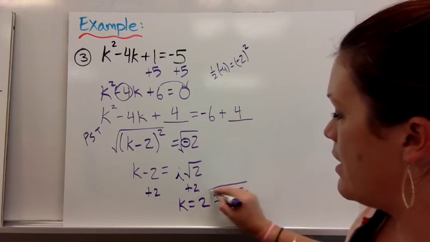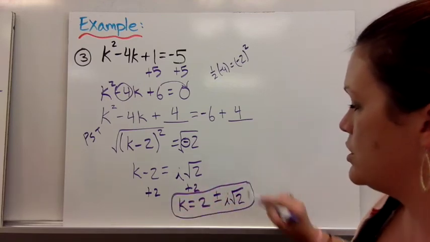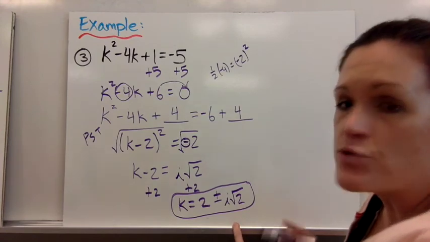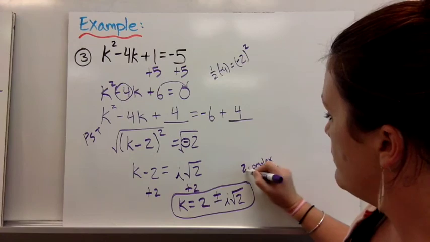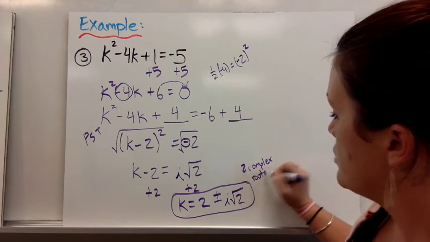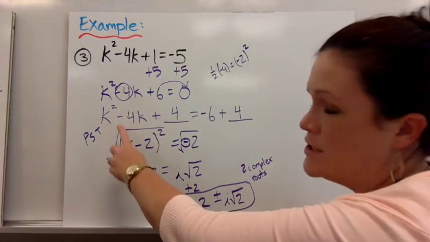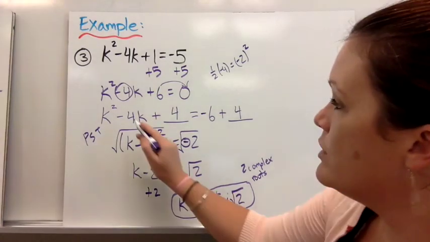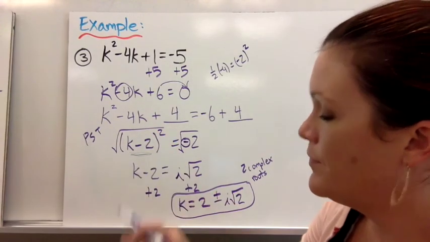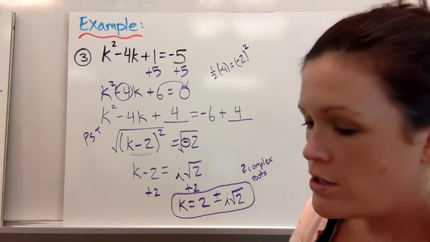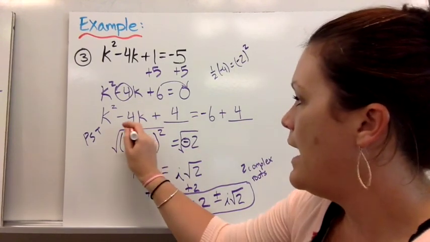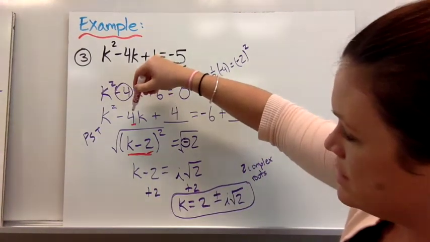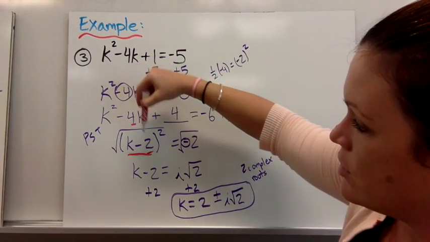So this is a complex solution. There are 2 complex roots is what we call this one. And there's one more thing I want to point out before we finish up. Notice on each example, if you go back, when you're rewriting this as a binomial, let me get another color. The trick to rewriting it quick and easy is you always put half of that number. So notice in each example, half of this number equals